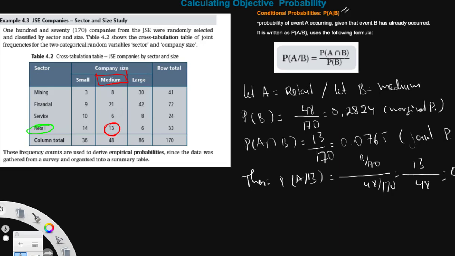This is our conditional probability, and in percentage you will say that there is 27.1%